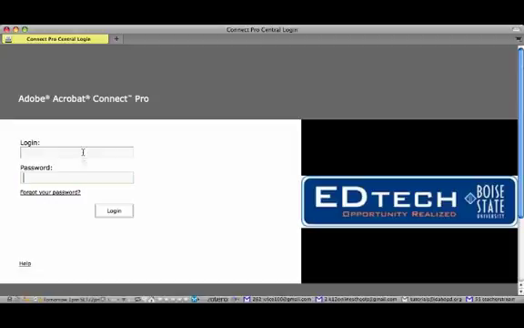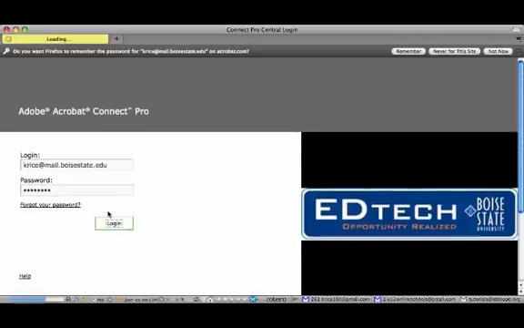Creating a new meeting in Adobe Connect is easy. Just use our common account for the class, which is krice@mail.boisestate.edu, and the password is password. Click the login button,